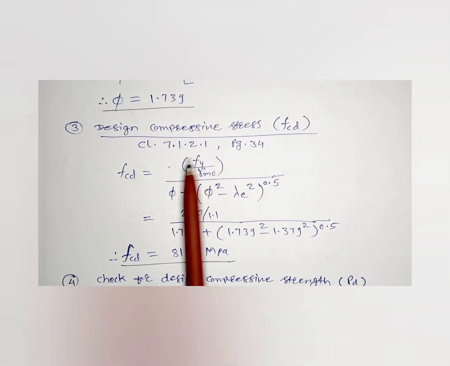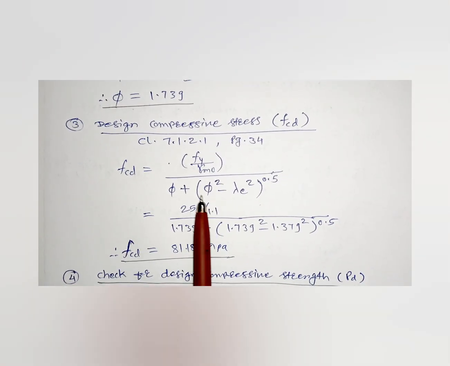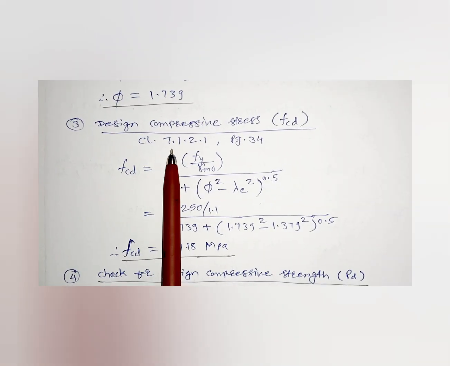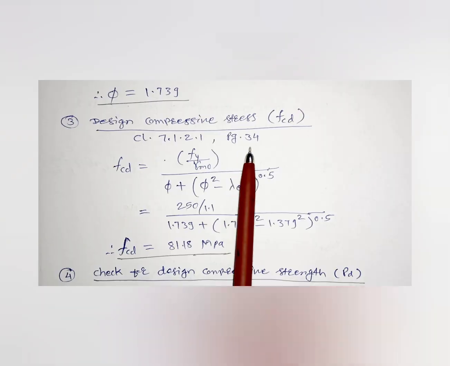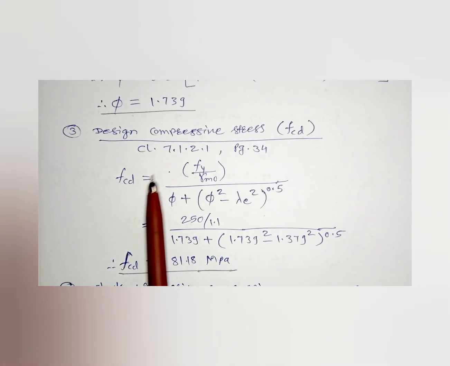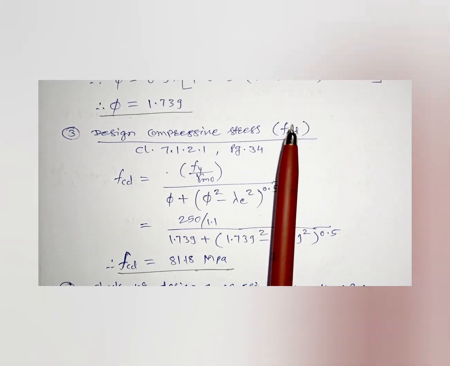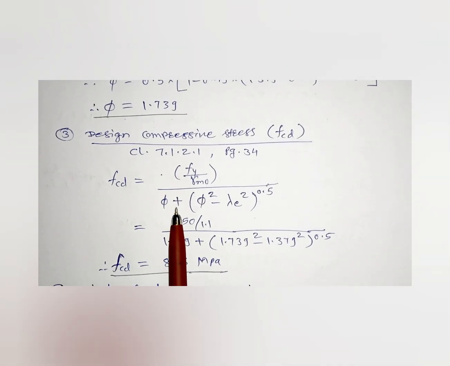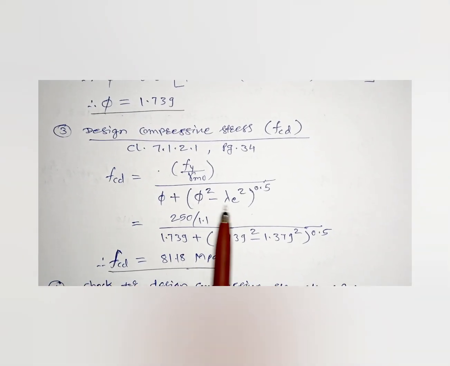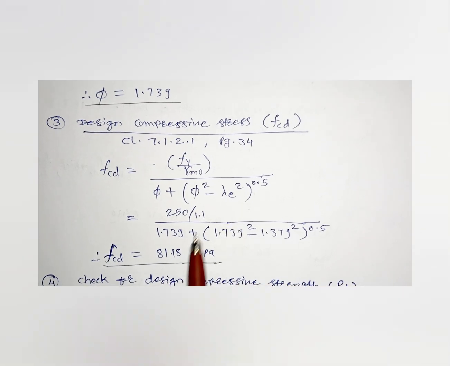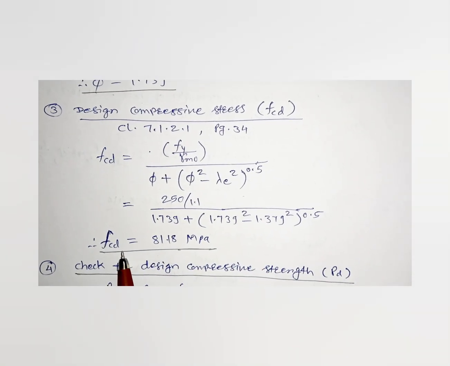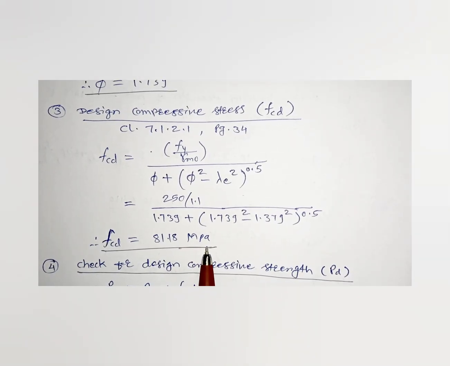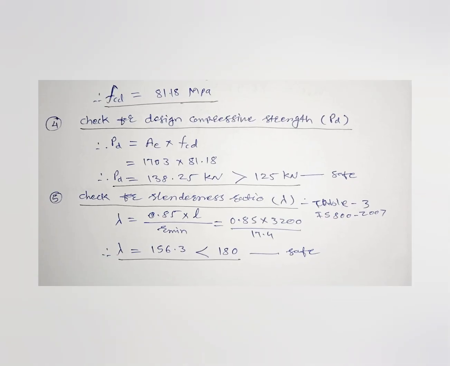So actual FCD we can determine from this formula, which is given in IS clause 7.1.2.1, page number 34. So now we have to determine this design compressive stress FCD actual through the theta we calculated earlier and the effective slenderness ratio. From this calculation we have determined FCD as 81.18 MPa. Okay, now